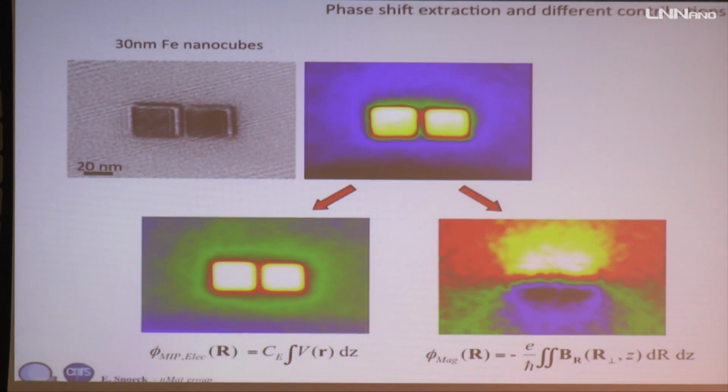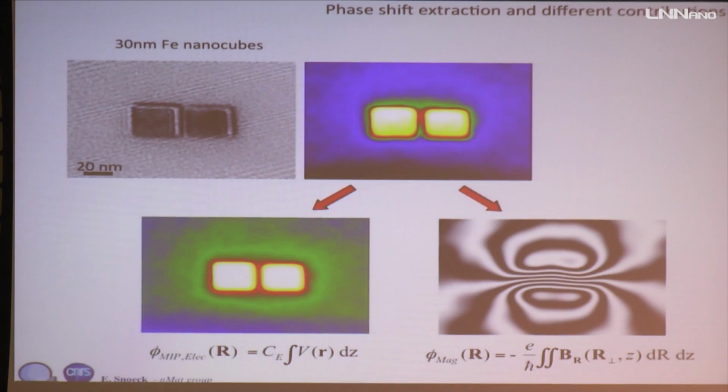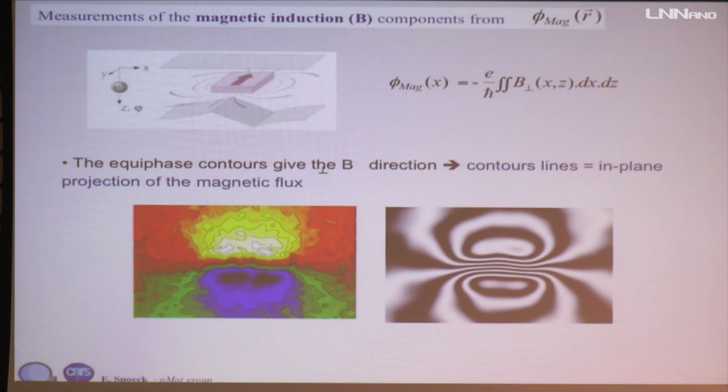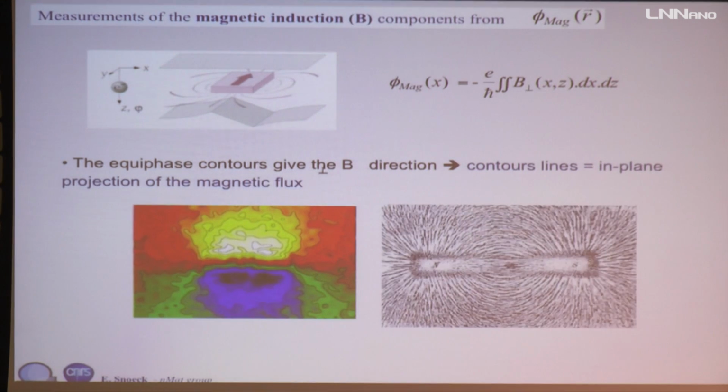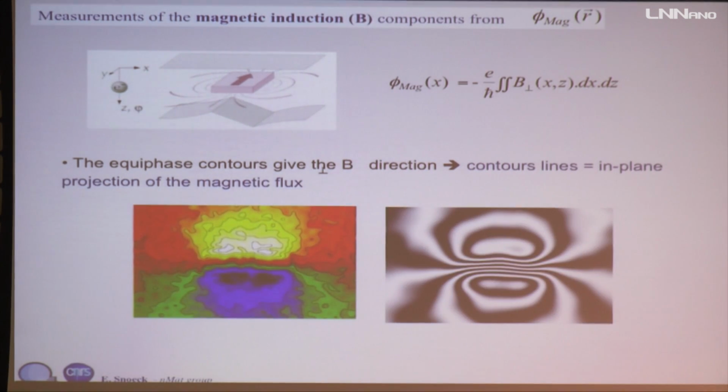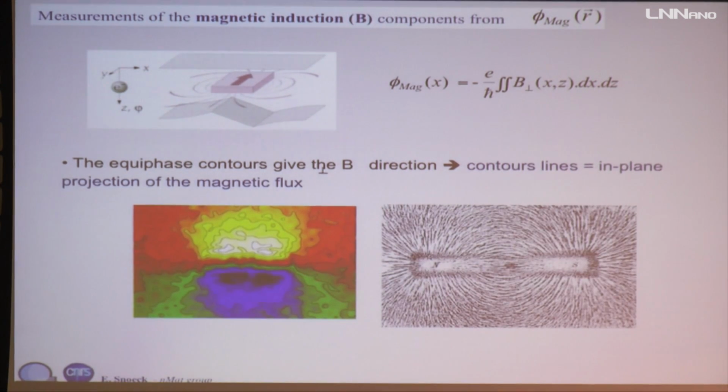From this image, looking at the isocontour here, you have the information about the flux spreading out of these two iron nanocubes. And the equiphase, as I said, gives the in-plane projection of the magnetic flux. So you get that. And this is similar to what maybe you did at school when you were